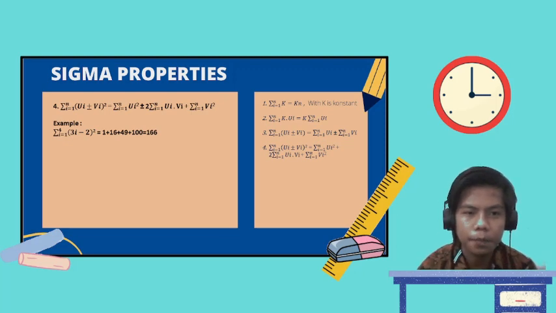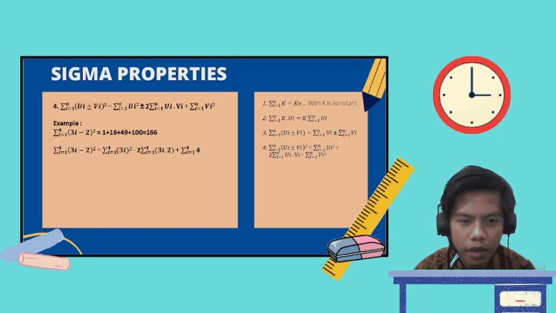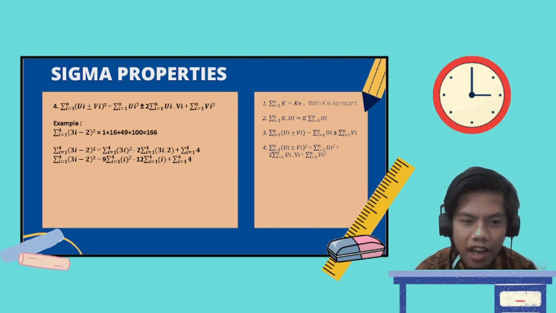166. And with this property we can write sigma i equals 1 to 4 of (3 times i) squared minus 2 times sigma i equals 1 to 4 of 3i times 2 plus sigma i equals 1 to 4 of 4, and we can write that as 9 sigma i equals 1 to 4 of i squared minus 12 sigma i equals 1 to 4 of i plus sigma i equals 1 to 4 of 4,